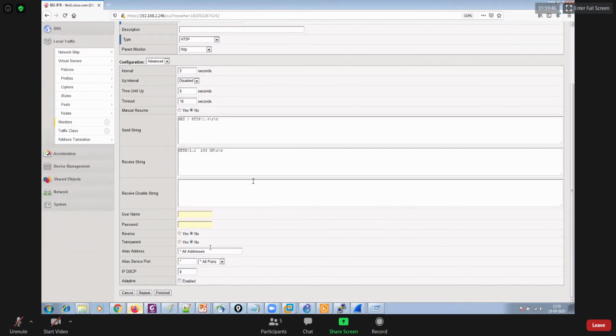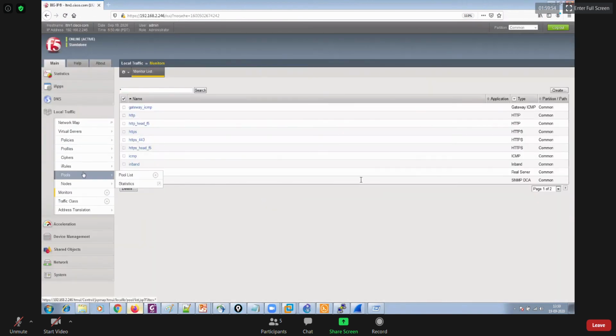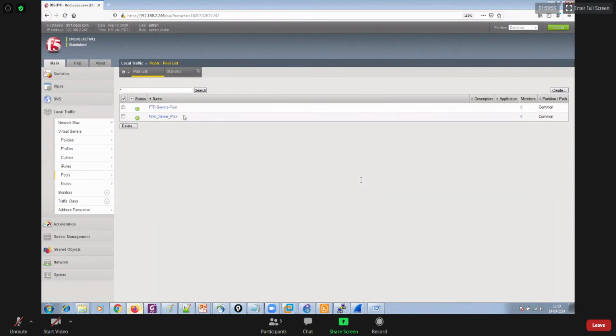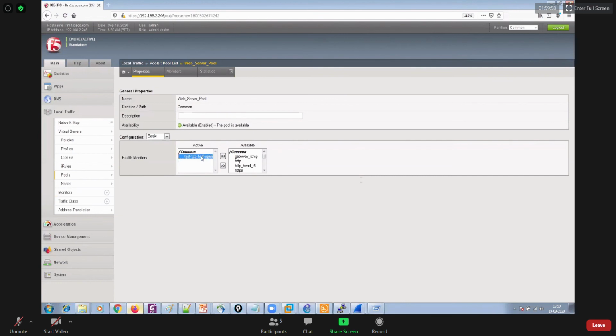Username, I don't have anything. The port number that I'll be using is port 8000. I'll finish this up. I'll go back to my pool. And on my pool, along with TCP half open session, or maybe independently, I can have only one test HTTP monitor.